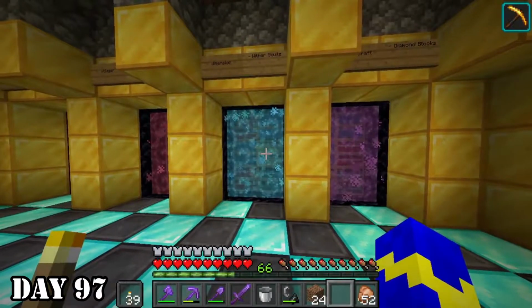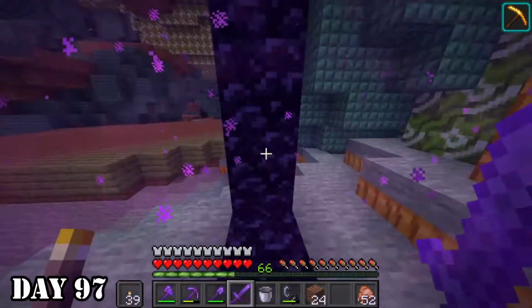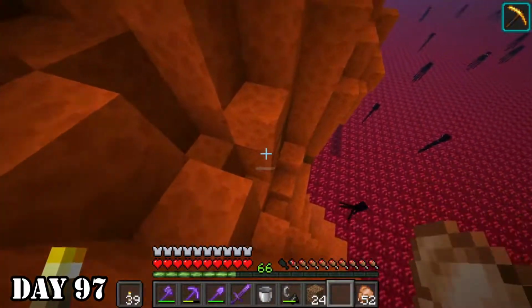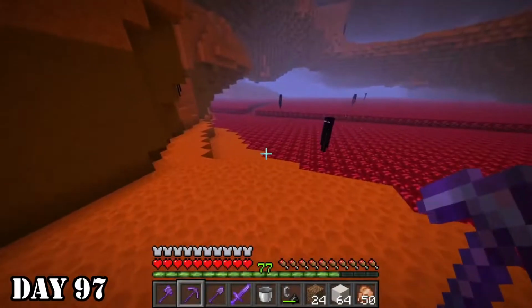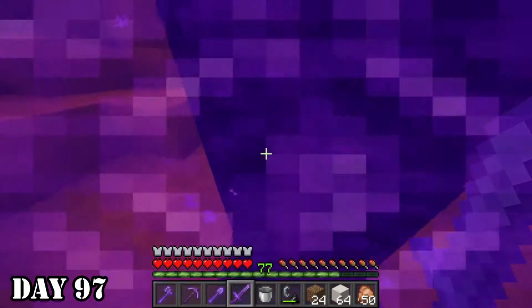Now it's day 97, and we're gonna keep testing. Great, well, this one works, but now there's a wither skeleton in my nether portal. Villager also works, and warped wood also works, but actually we're going to be taking a break because I need a ton of quartz. So after I spent the entire day 97 mining quartz,